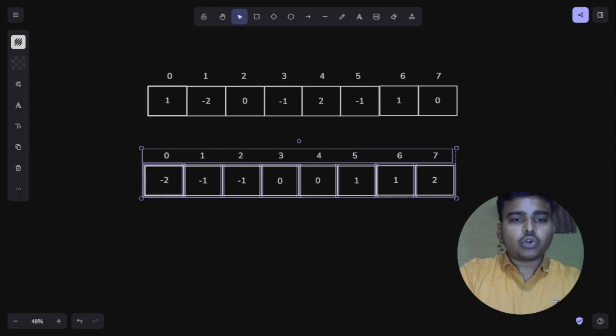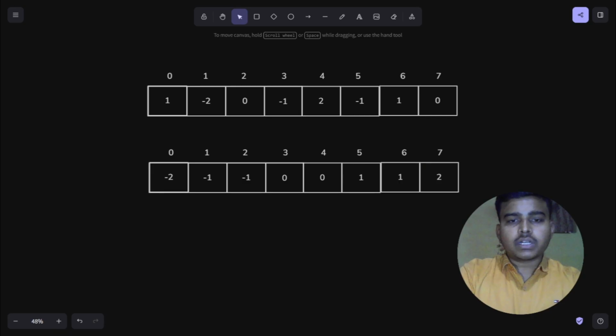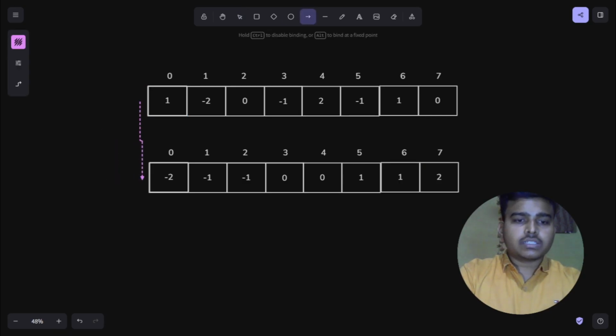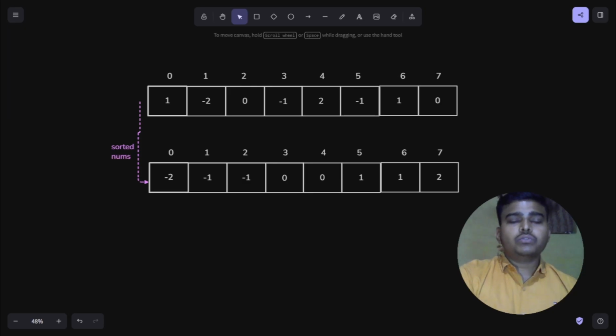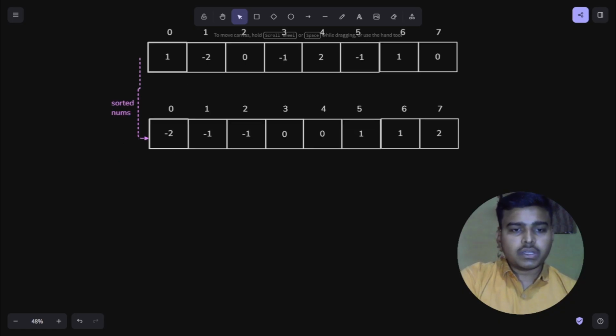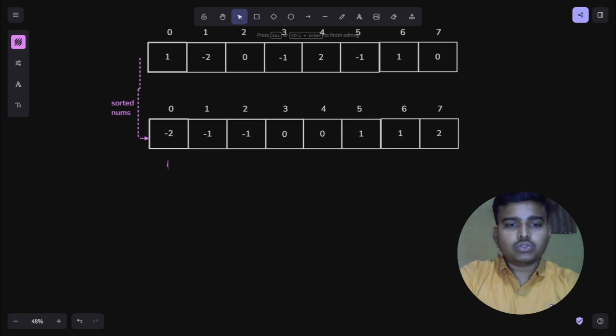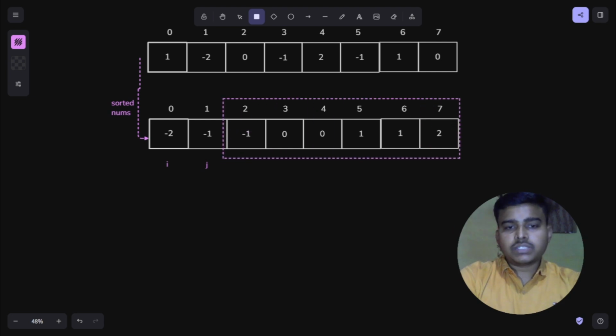So this is the sorted version of this particular input. This is the original input and this is the sorted one. Right here, this is the sorted nums. Now what we have to do is, we have to just fix two values. So let's come here and fix two values, this with the help of I index, and this with the help of J index. We have fixed two values, and now this particular part is left, and this we have to solve as a